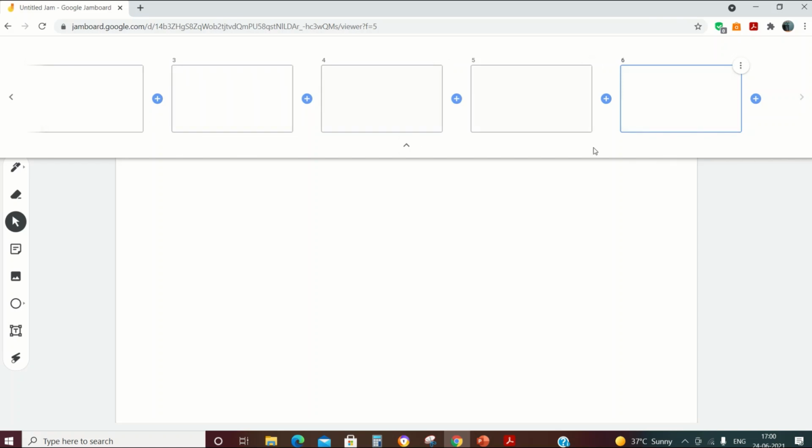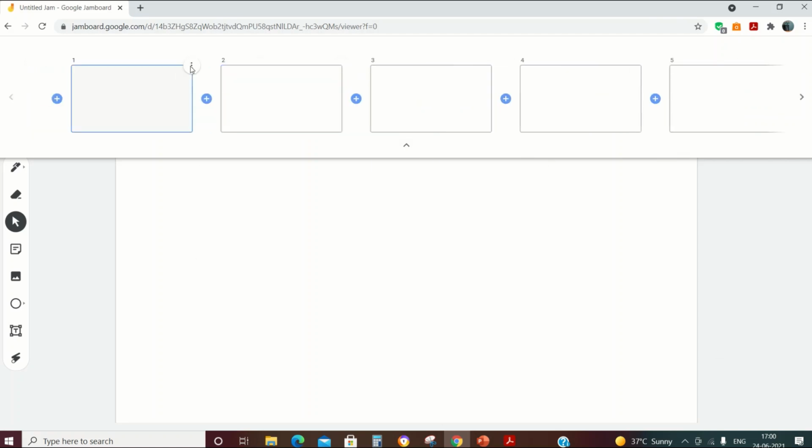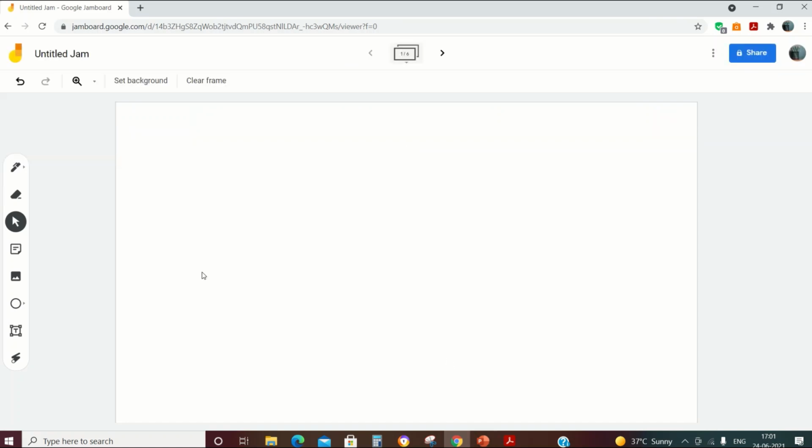Once we work out something here, you can see all the pages here. So during the class, if you have to quickly jump to one of the pages, this feature makes it really easy. And here you can see three dots. When you click those three dots, you will be able to see the options where you can rename, or duplicate the slide. A lot of options are there on those three dots.